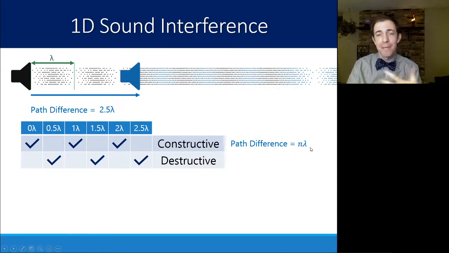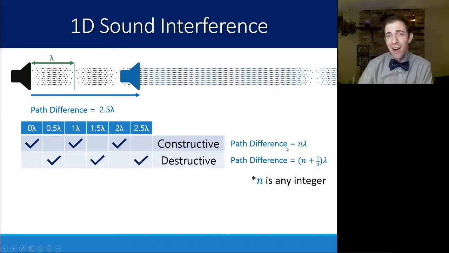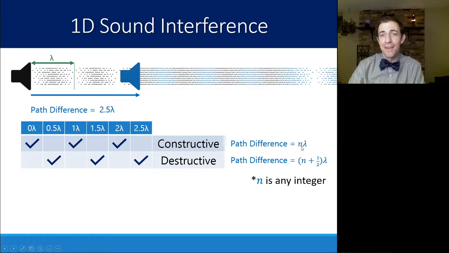An integer times the wavelength. Destructive is all 0.5, 1.5, 2.5. They are an integer plus a half of the wavelength. So we would call that n plus half times lambda. N is any integer. So notice that if n was 2, you would have 2 lambda